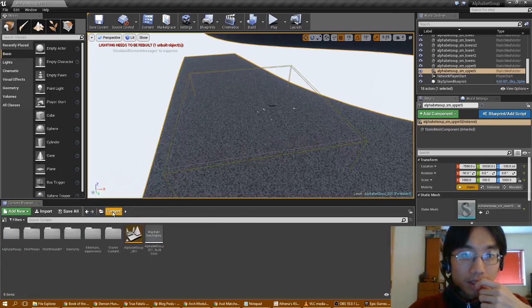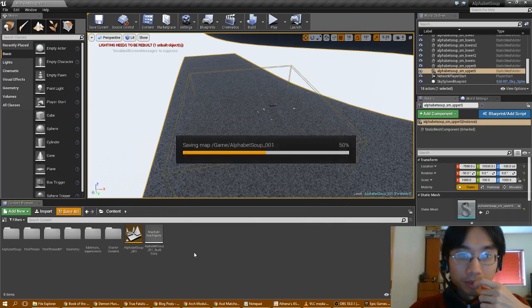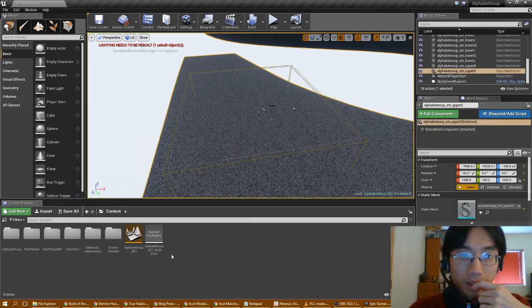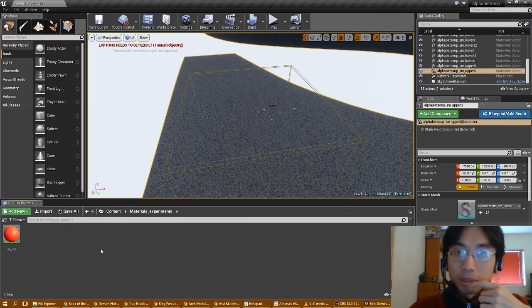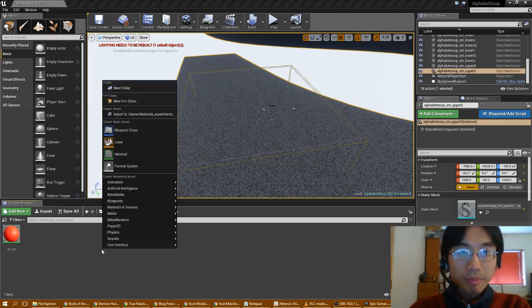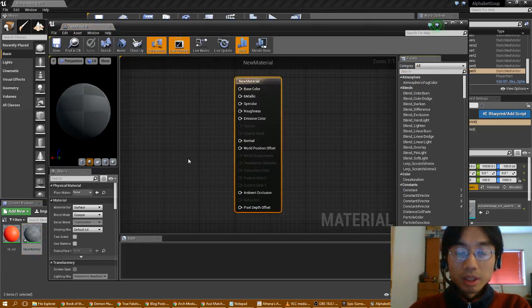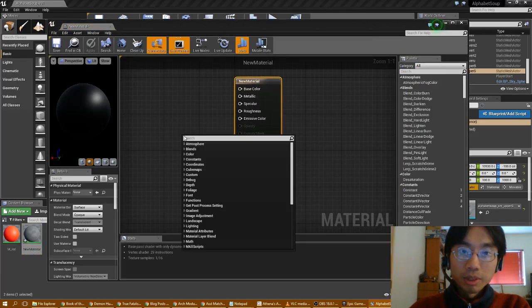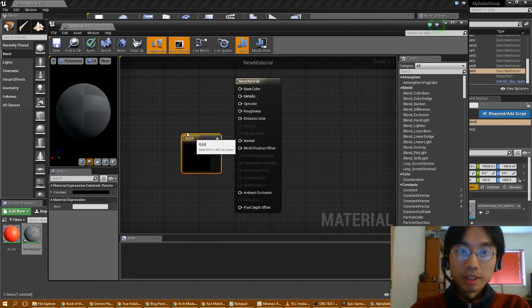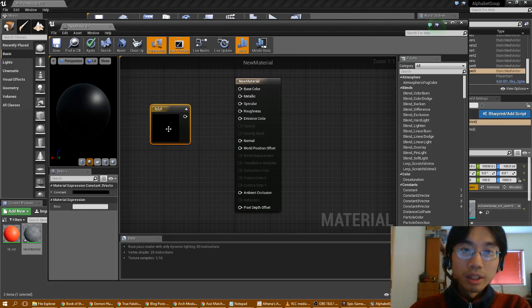And then content, alphabet soup. Let me save all there. Material experiments. Let's make a new material, and we're just gonna make it light gray. Let me just go color, not color, constants, color, and